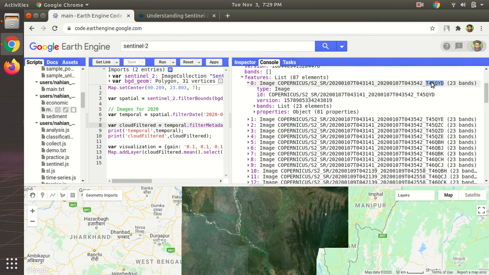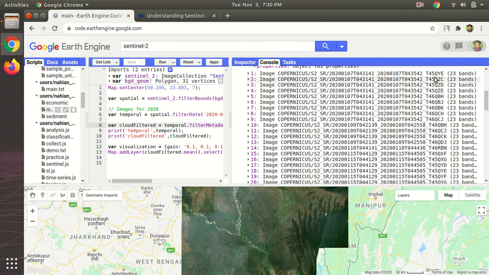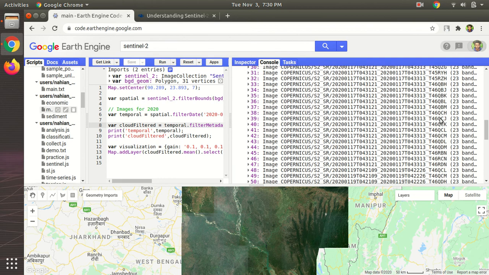If you see, this is the granule ID, and these are dates, the capture date and stuff like that. But for each granule, let's say there are 4 images here, one on top of each other, but all of them will end with the same granule ID. Now, these are all of the granule IDs that cover Bangladesh.